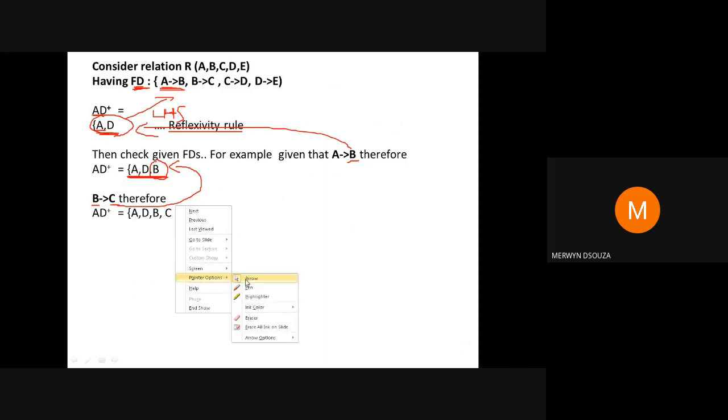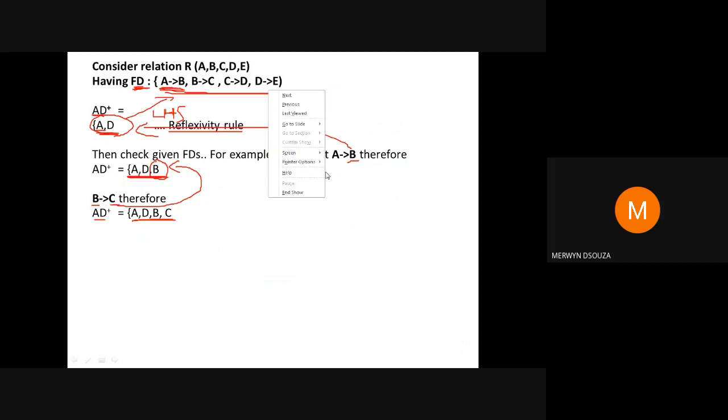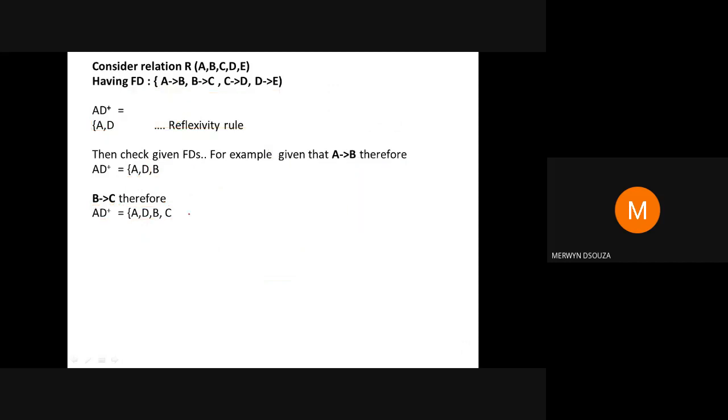Like that, you need to continue checking whether these attributes in the closure for AD are present in the left hand side of the given functional dependencies. So let's check. A we have already checked, B we have already checked. They are not present in any of the other remaining functional dependencies. A determines B and B determines C have already been checked, which contained A and B in the left hand side. Check for the next one, check for D or C.